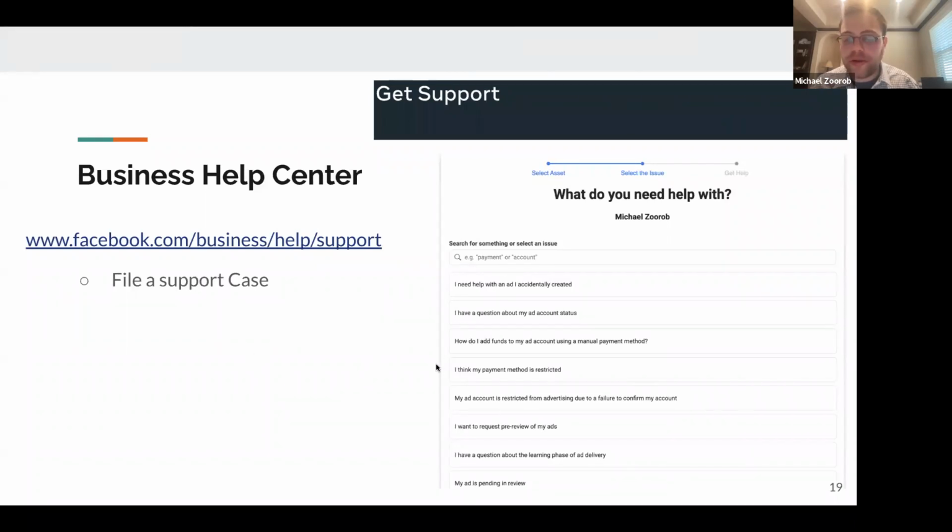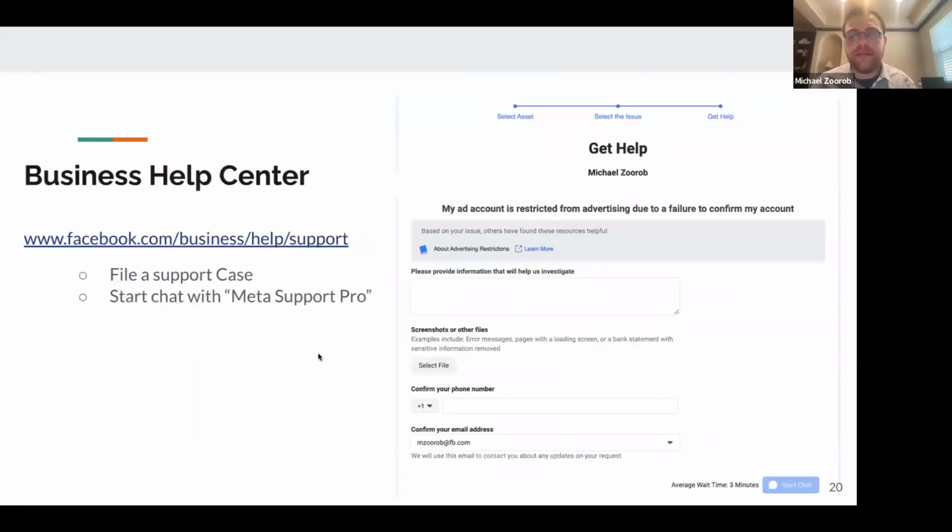So, here are some of the options that it adds. It has, like, my payment method is restricted, or my ad is pending in review, things like this. And if you click on a particular issue, you can provide more information and basically start a chat conversation with a human being who can often help navigate these issues.